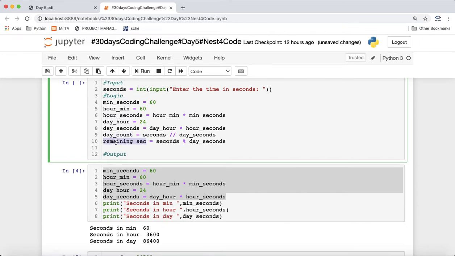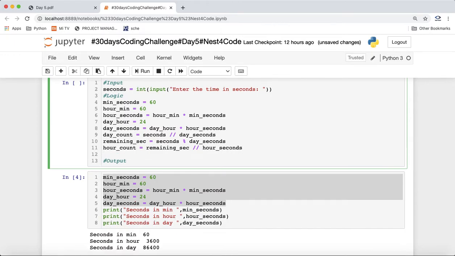From the remaining seconds we will try to get the count for the hour, because after day it will come hour, right? From the remaining seconds, we don't need to go to the actual seconds, because from the actual seconds we have already extracted the day part. Now it comes to the hour part, and we will divide it with the hour seconds to get the hours.